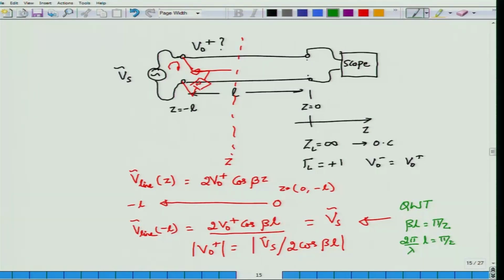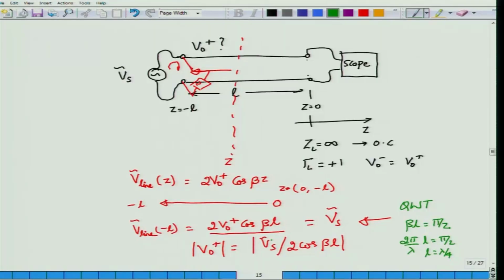If you cancel pi on both sides, it turns out to be L equal to lambda by 4, where lambda is the wavelength, which we will talk about in a few minutes. So, if you consider beta L equal to pi by 2, what will be the value of the cosine function at that point? It would be cos of pi by 2, which is equal to 0, and you have a finite quantity in the numerator and 0 in the denominator,